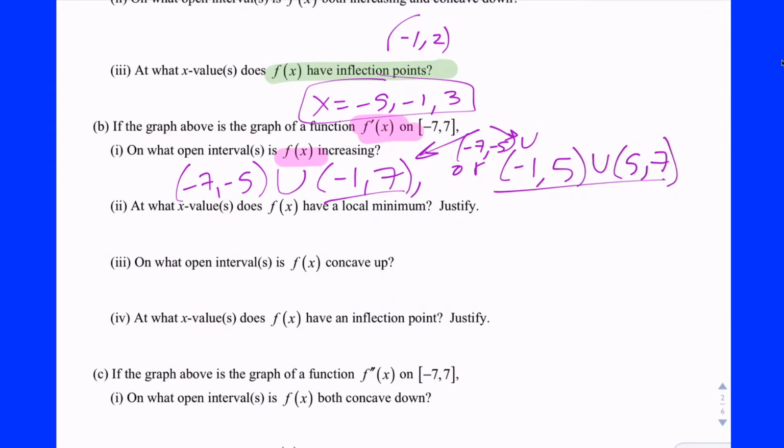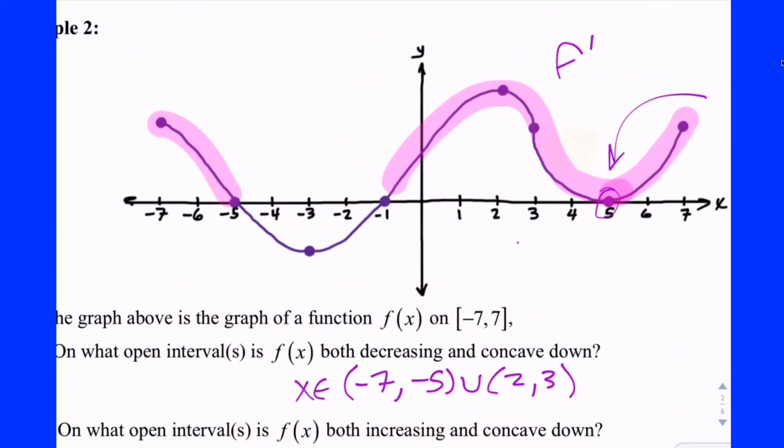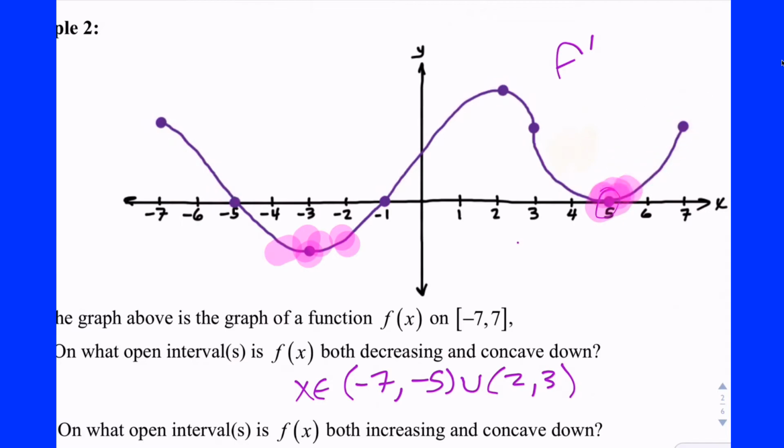Now, what x values do we have a local min? Local min at x equals -3 and 5. Yeah. Help me out. I have no idea what I'm doing. I'm new here. No, right? That's where f, if that were the graph of f. So local min, we're looking for where f prime changes from negative to positive. So that would be at -1,